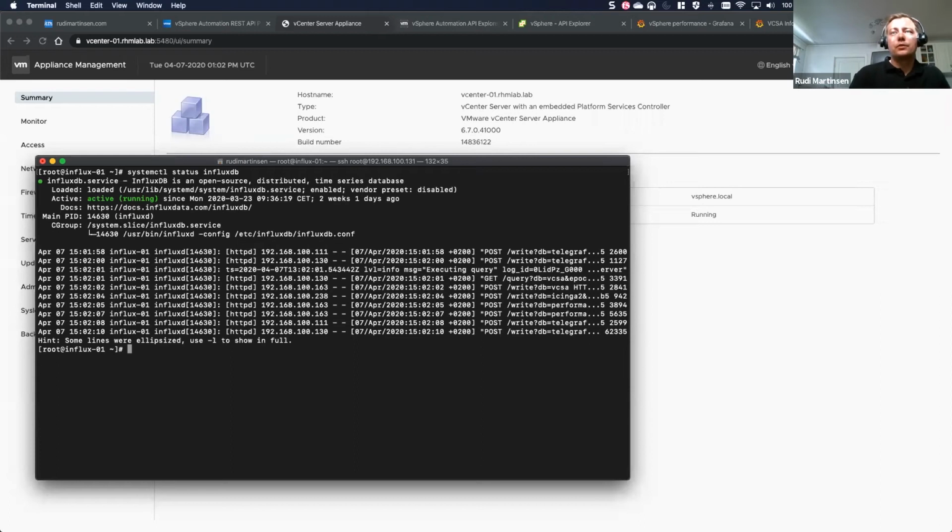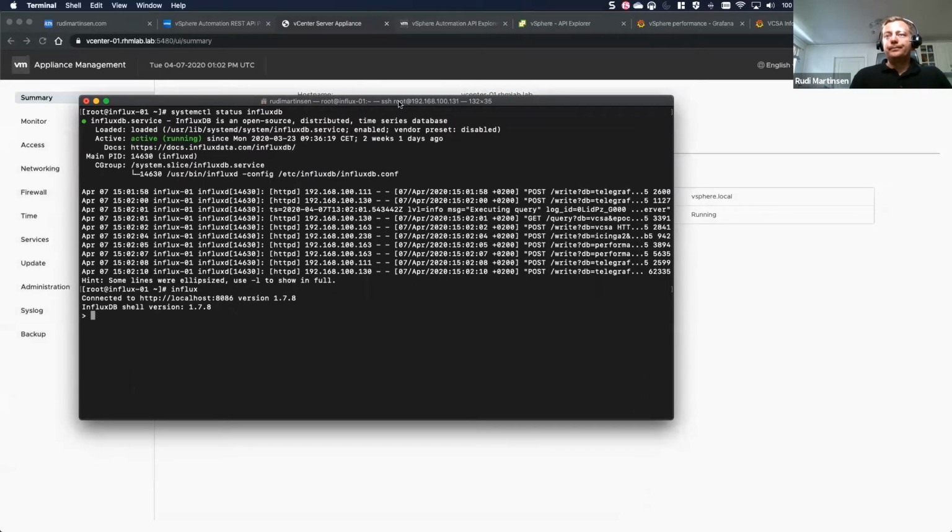So InfluxDB, as I said, is an open source time series database which is very easy to get started with. It installs in minutes, and the default configuration is more than enough for a demo or POC. So I'll log in,